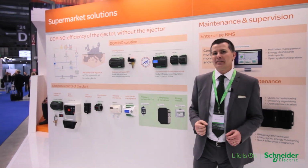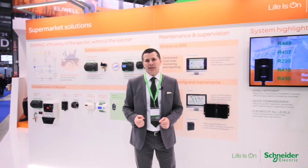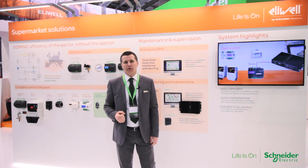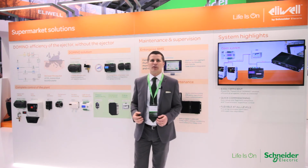This is a complement to the offer, enabling temperature data logging, temperature recognition and collection for the monitoring system with the wireless Zigbee. Very easy to install, very simple to manage, battery powered, stickable inside the cabinet, very simple solution